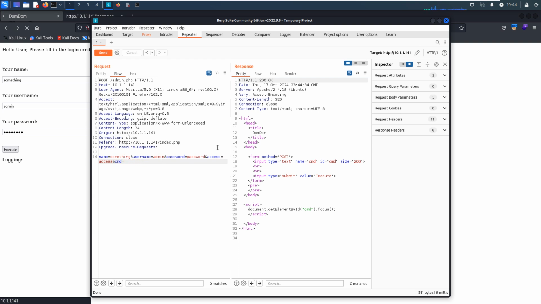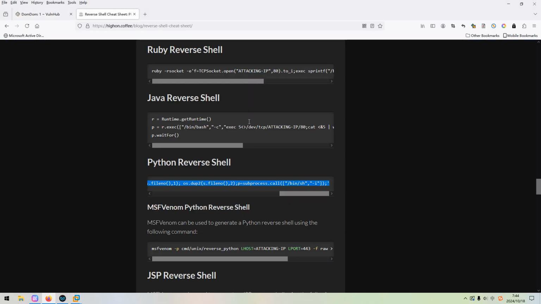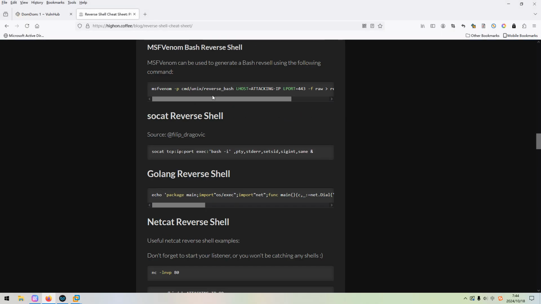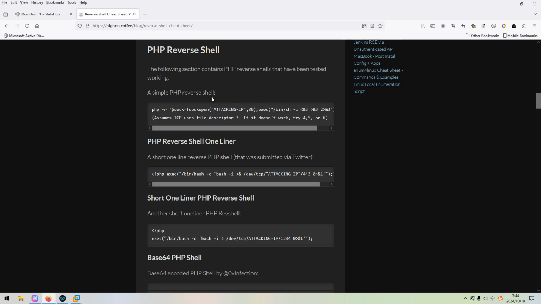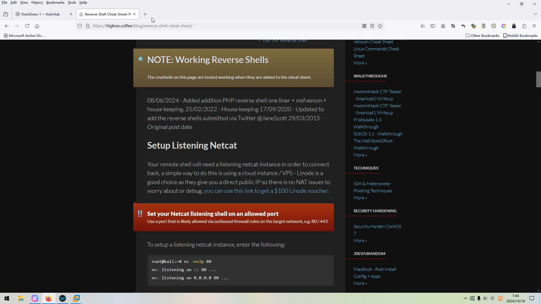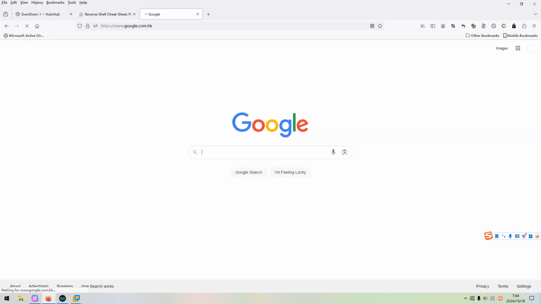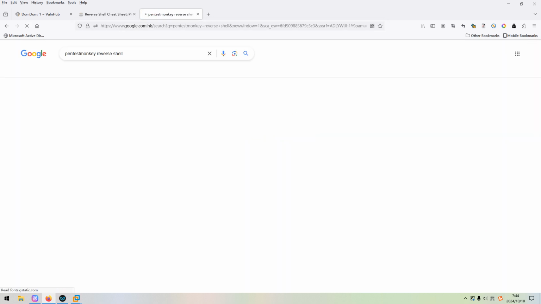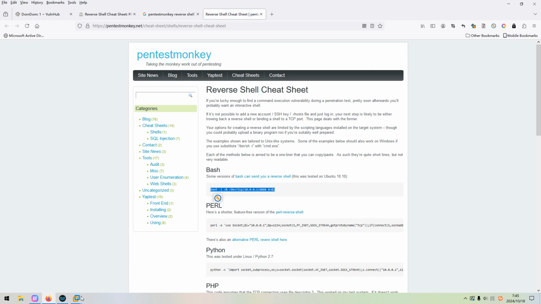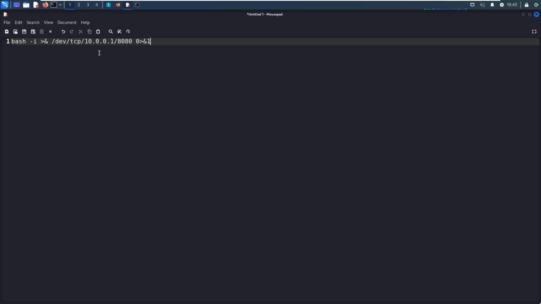Next, we can try to run some reverse shell command, like the bash command. Maybe we can go to the Pentest Monkey website, and we can try to run, for example, this command, and we need to do some modification: change this IP address to our Kali Linux, and I always prefer another port number, 555, to be listened on the Kali Linux.